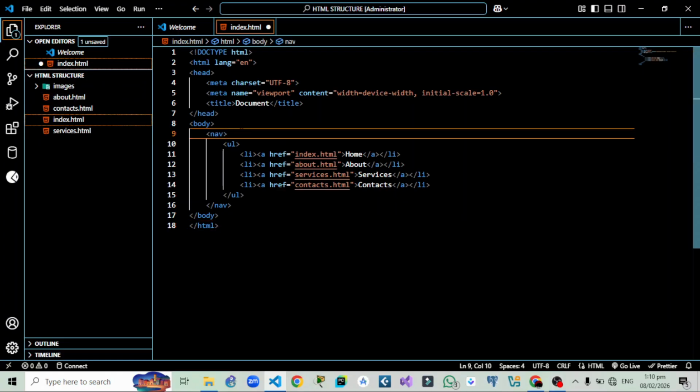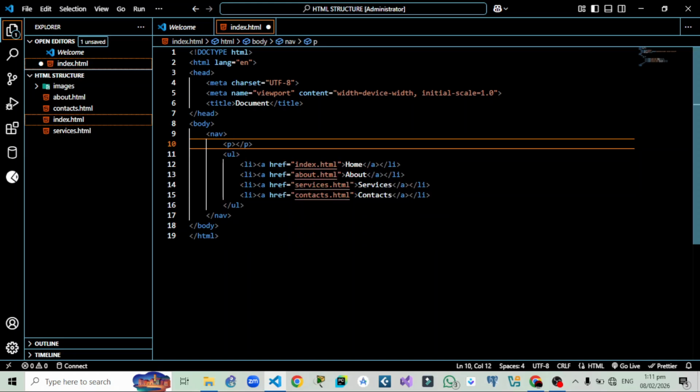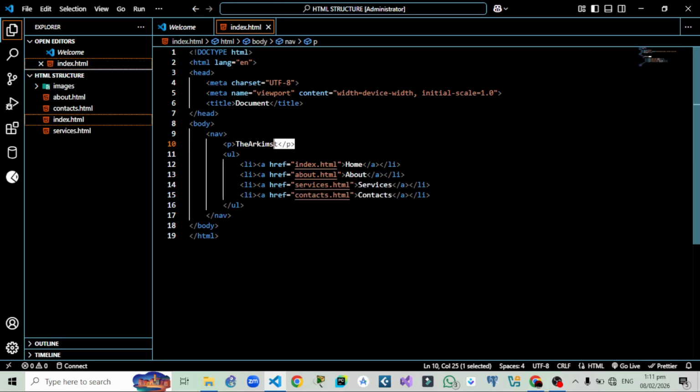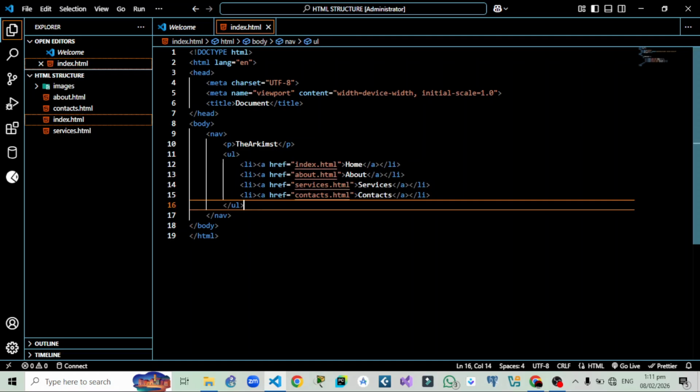The last thing I'll do is bring up a paragraph with the name of the company. So let's say The Alchemist. Save it. So what this is doing is that I've created a nav bar. That navigation bar has this particular text and the list that will be used for the navigation. So I have a list item, and I've made the list a link by placing it inside an anchor tag. So I have home, about, services, contacts. And if I open it in Live Server,